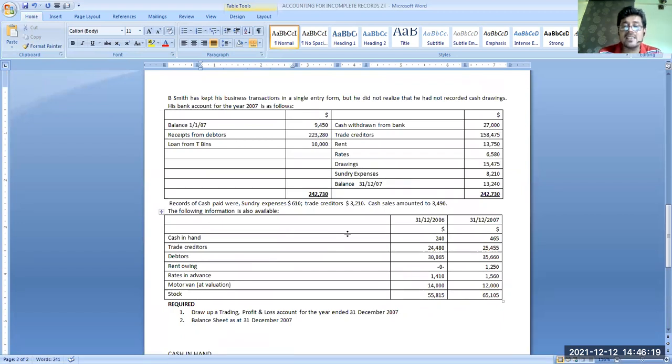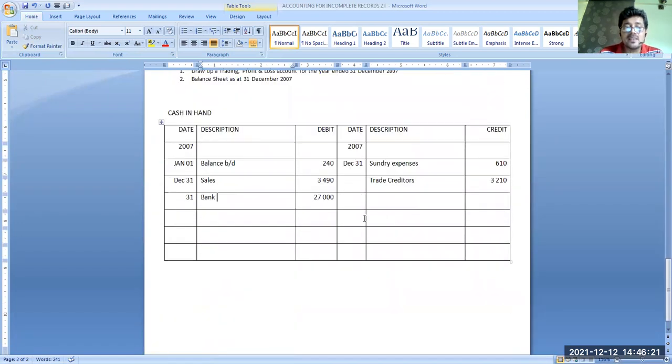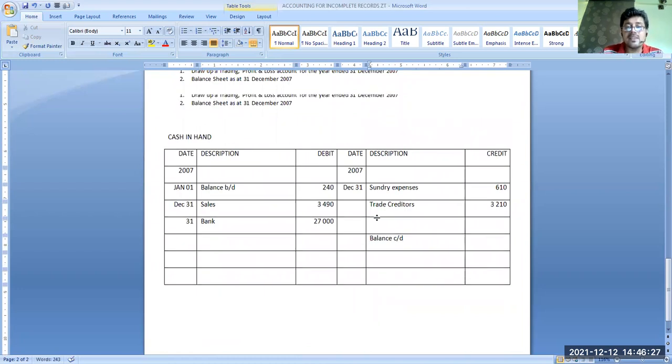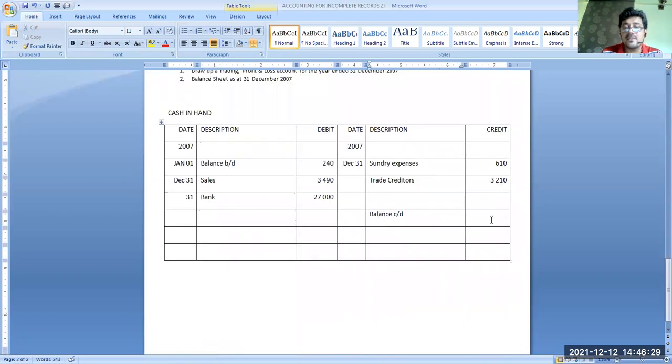Now, the ending balance of cash is given, 465. So here the balance c/d is given, 465. What is left? Drawings, cash drawings. We don't know. Okay, we'll calculate, no problem. Now, what we have to do,